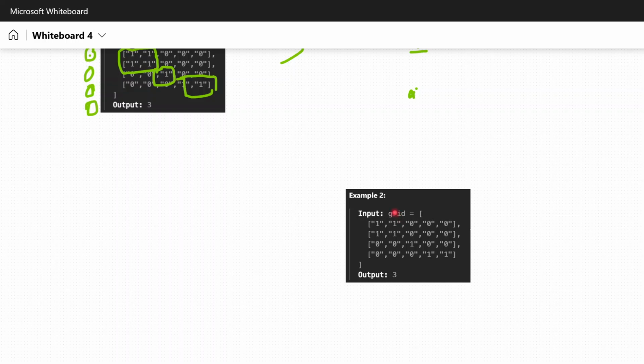This is one, this is one, this is one. How do I implement that in code? So I will start counting this one and see its left and right position, top and bottom position, until once. If there is one,